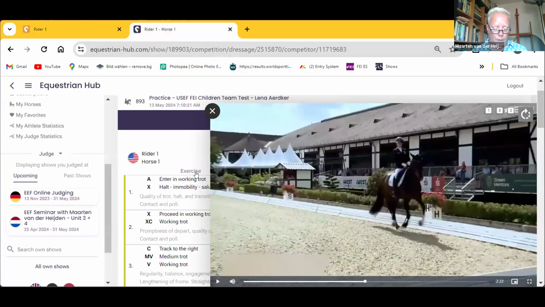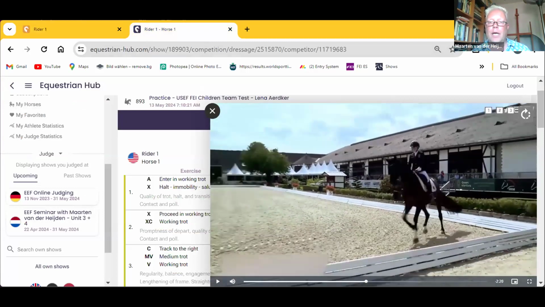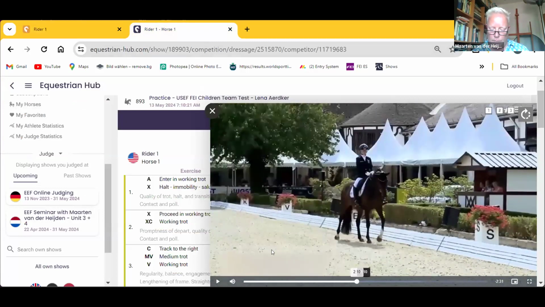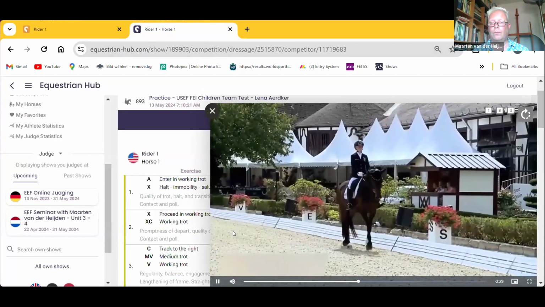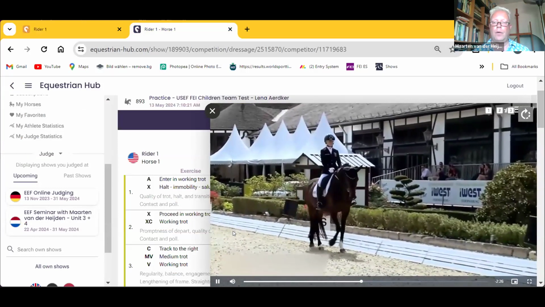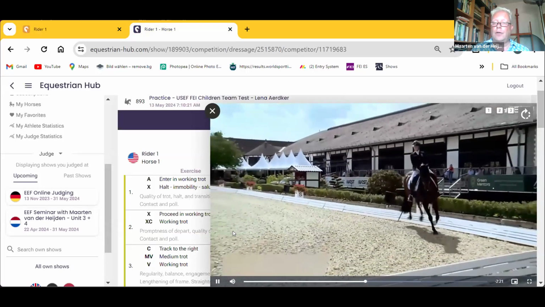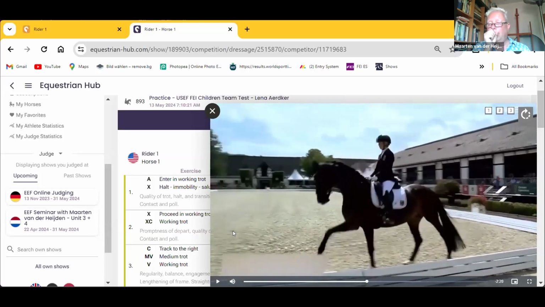We start at the video at the transition to working canter. Can you go back a bit? Then you can see that the transition is a bit early. He's a bit early, not totally at the letter. That's why you see, can you stop the video a second? That's why there is always, it's in the FEI dressage rules,